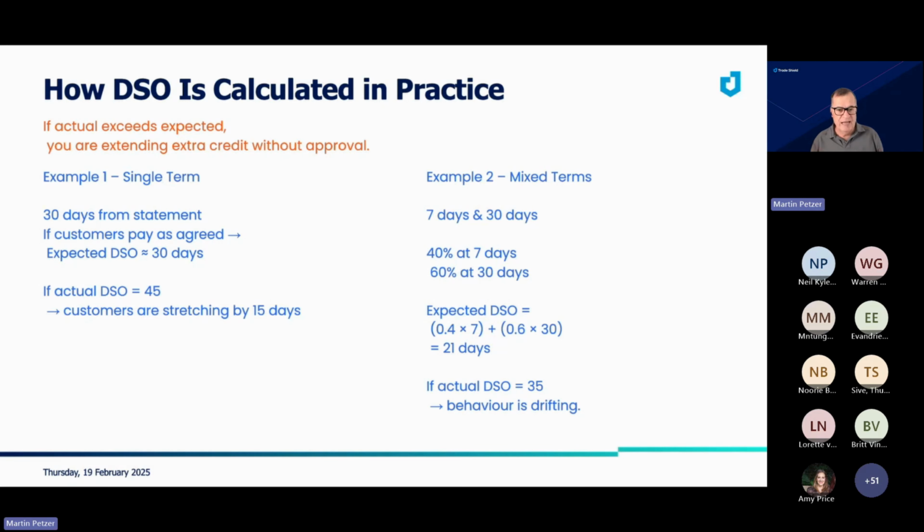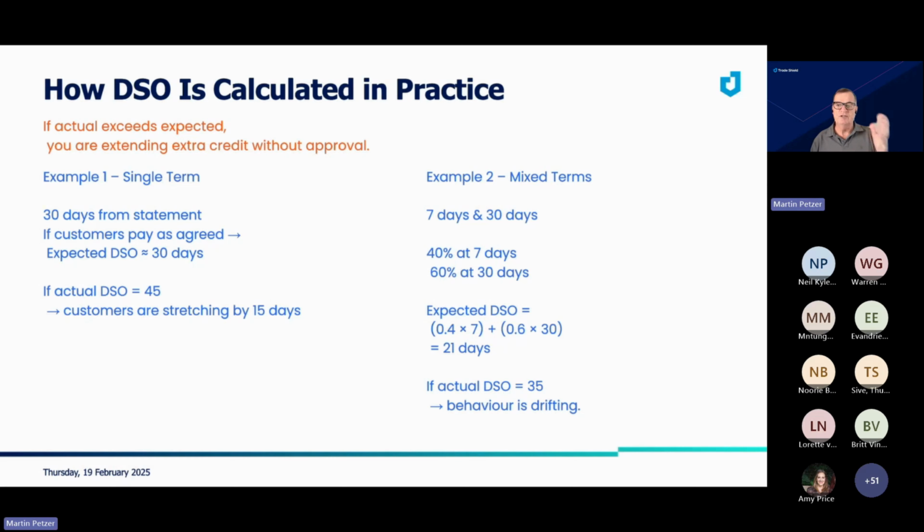So if your sales are X amount, you divide it by 30, and then you know what 1 day DSO is worth, and then you times it by 15, and you now know how much of your cash is caught up in that 15 days that you are now waiting for your cash. So let's say if 1 day DSO equals R1 million, that means 15 million rands worth of cash is not in your pocket, not in your bank, not earning you interest, is lying somewhere else due to something very specific that you now need to focus on.